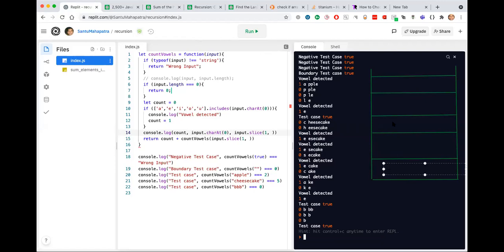So first function on this call stack is count vowels, APPLE.